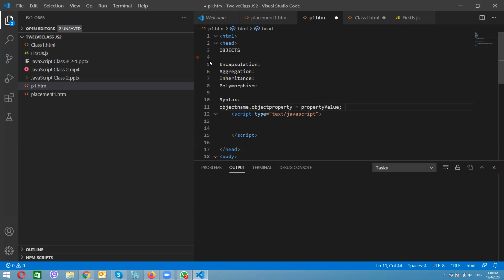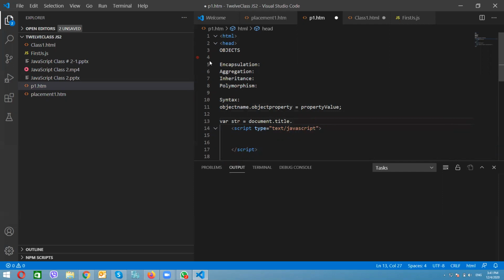Now let's learn what exactly that is. For example, let me write this code. It will get the document title. I'm creating a variable, and there is a string. If it is data, my variable name, and I'm saying document dot title. So it will store my document dot title.